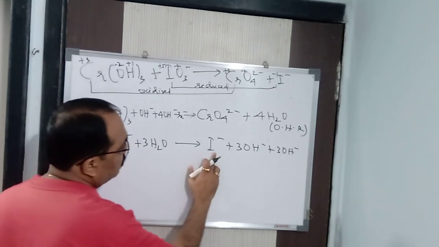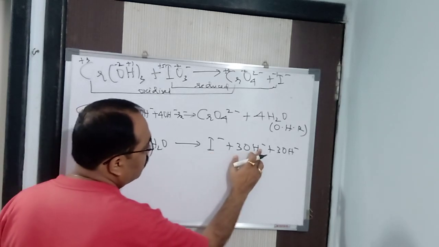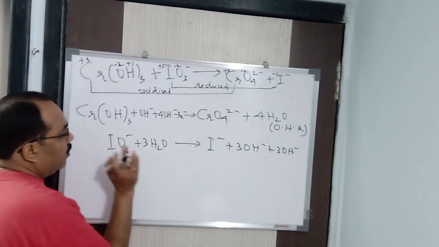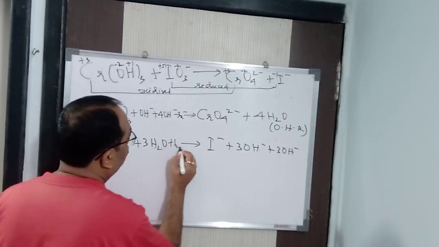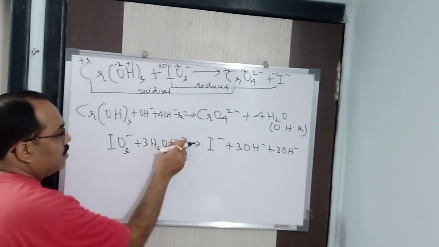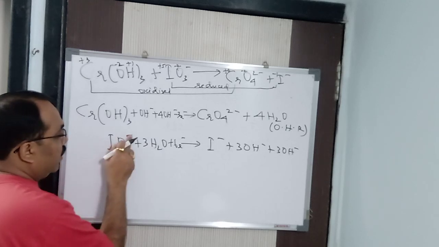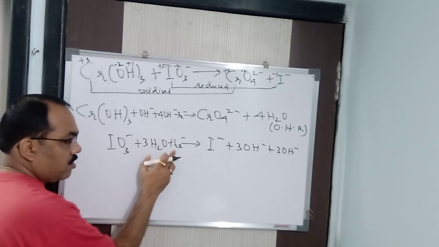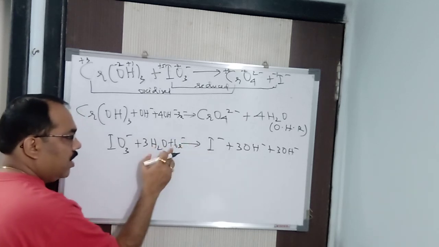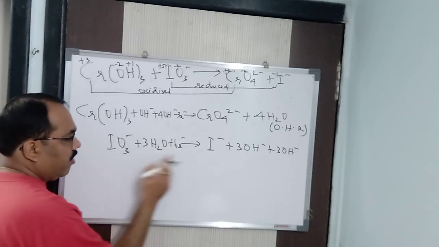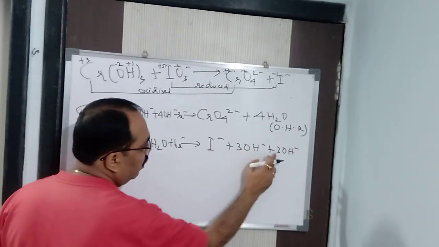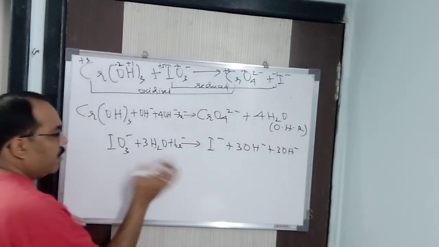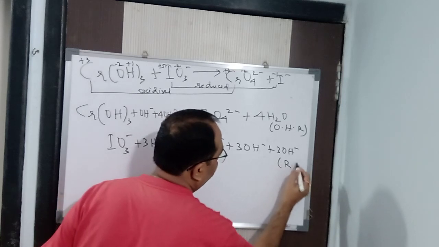Now here it is minus 1. The charge now will balance. Minus 1, minus 3, minus 3, minus 6, minus 1, minus 7. Here it is minus 1 only. So what will I do? Plus 6 e minus. Plus into minus it is minus 6. Here minus 1. Minus 6, minus 1, minus 7. Don't think about how the plus into minus is coming. Plus into minus it is minus 6. Here also, plus into minus it is minus 3. Minus 3, minus 3, minus 6, and here minus 1, minus 7. Balanced on both sides. So this is the reduction half reaction.